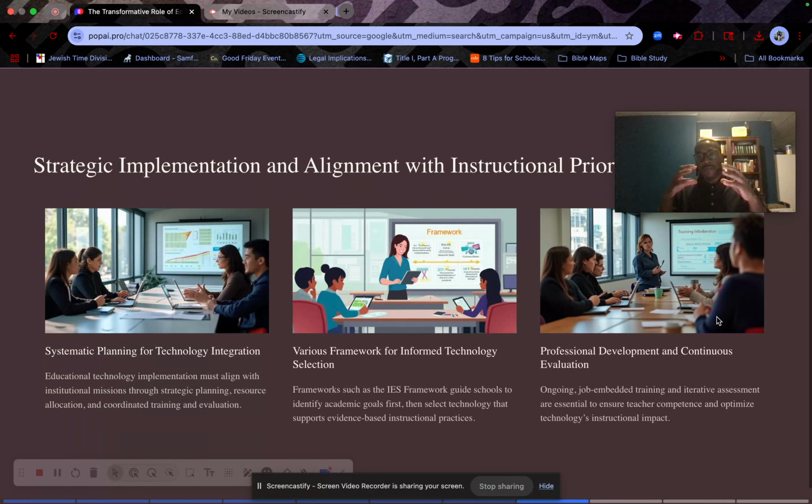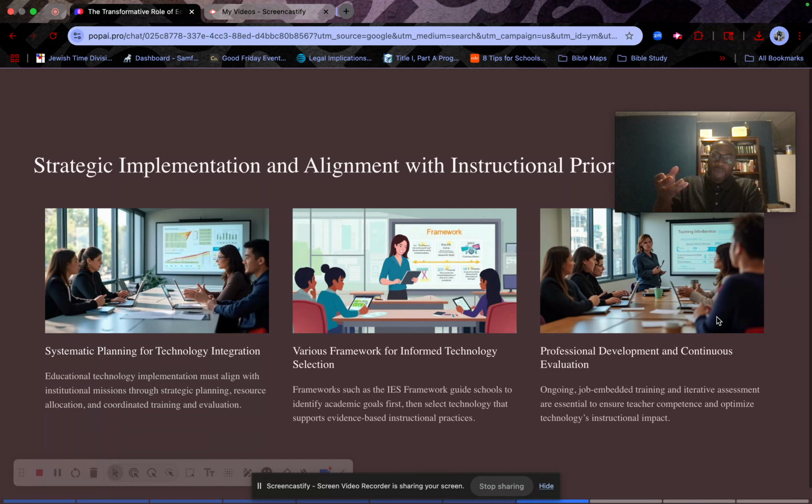where it's more of a camaraderie, where we come together to understand, hey, this is a priority for our district. From an instructional standpoint, this is the priority that we have: X, Y, and Z. What tool out there fits that, but also fits our technical capabilities, our logistical place where we are right now? So that comes through some systematic planning for technology integration.